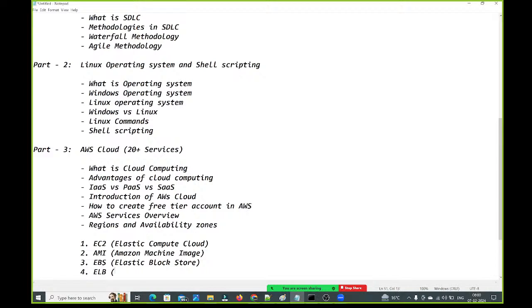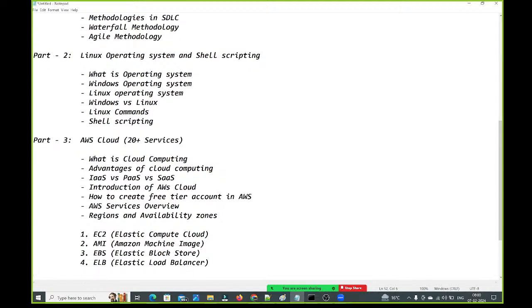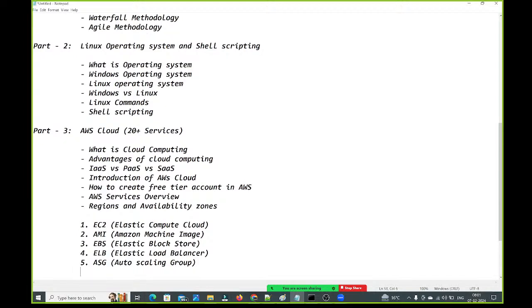ELB stands for Elastic Load Balancer. Next we will talk about ASG. ASG stands for Auto Scaling Group.